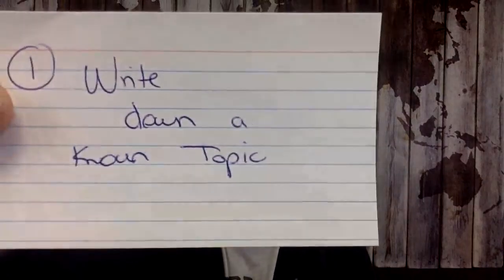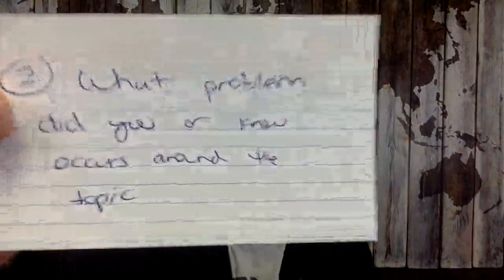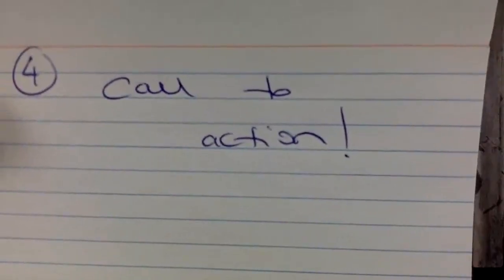Now, as a reminder, number 1, write down the known topic. Number 2, write down the problem. Number 3, what is your suggestive solution? And number 4, what is your call to action? Sunday night, a column of the topics, a column of the problems, a column of the solutions, and always ask a question at the end. That, my friends, is the exact way of how you create one-of-a-kind, unique content that is branded towards you and you only.